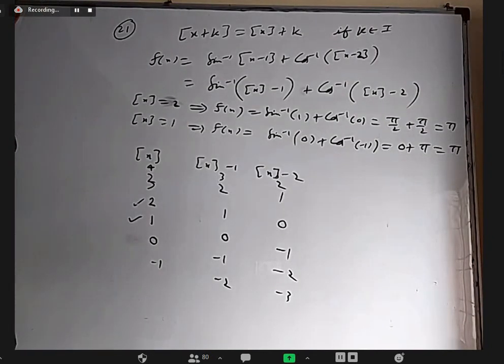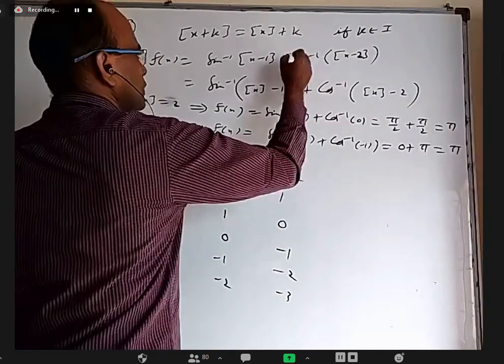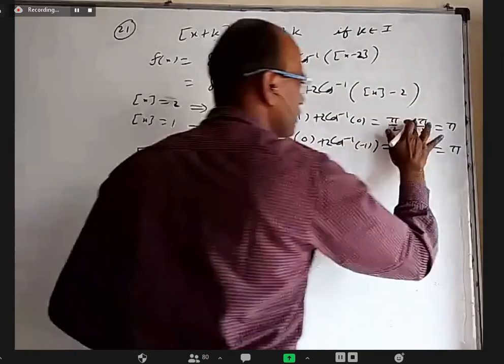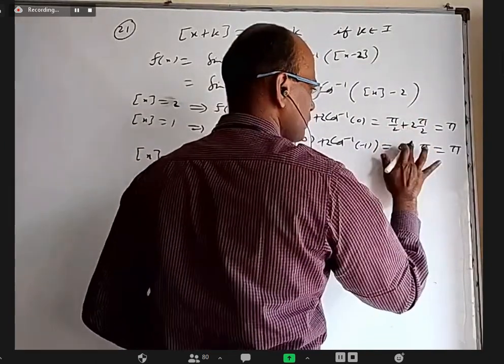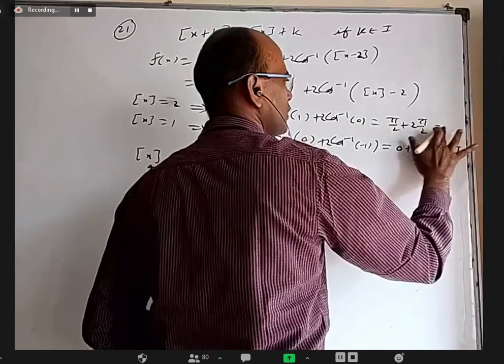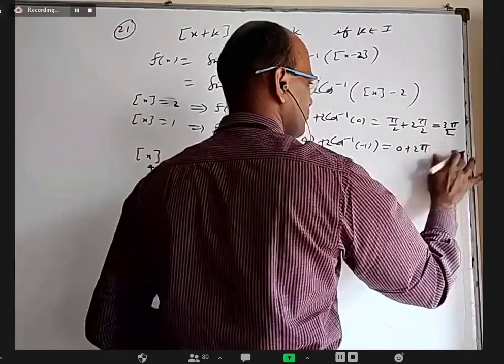2, sir. Oh, I did not see that too. Okay, thank you. It's not going to change much. So I have to just add 2 times here. So here it will be 3 pi by 2. Here it will be 2 pi.